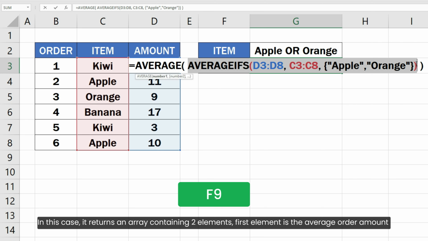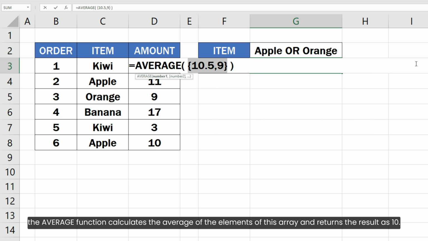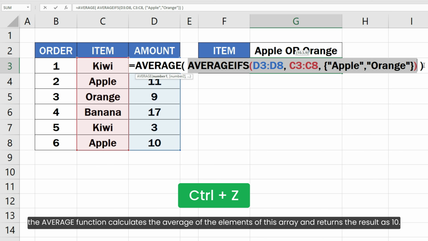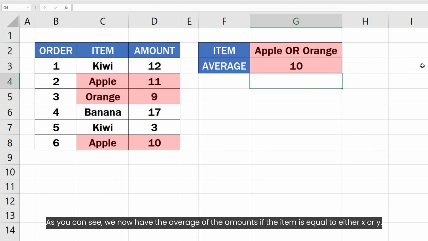First element is the average order amount of the apple and second, the average order amount of orange. Since this AVERAGEIFS function is specified as an argument of the AVERAGE function, the AVERAGE function calculates the average of the elements of this array and returns the result as 10. As you can see, we now have the average of the amounts if the item is equal to either X